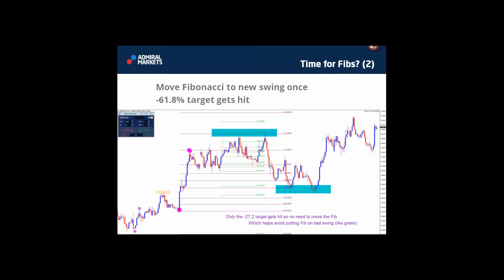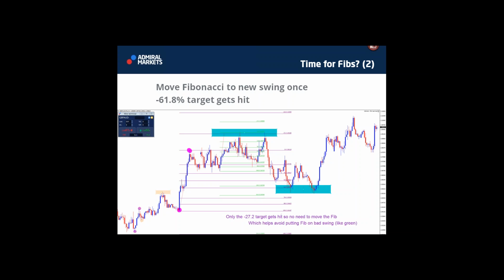If this is maybe a bit tricky with multiple time frames, when does the impulse start, when does it end, that could be maybe too advanced in some cases. Or maybe it's okay now, but if you want to implement it on a live chart yourself, then you might bump into some questions and you're not sure, right? So a maybe simpler method could be just to wait for the target, the minus 61.8 target, to get hit before